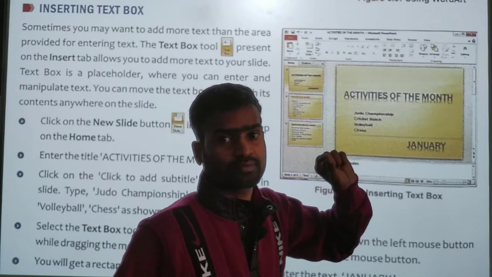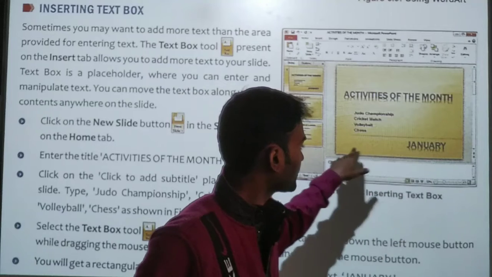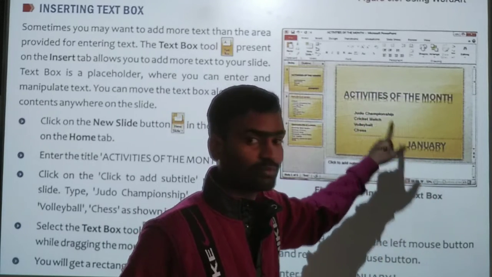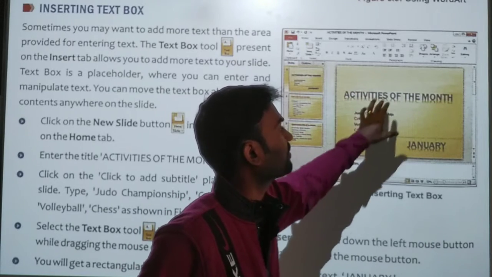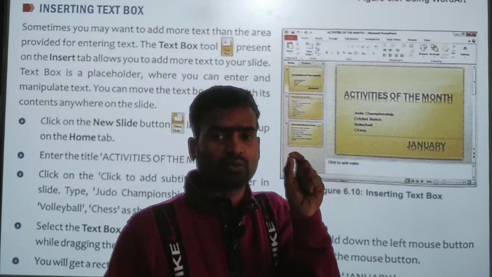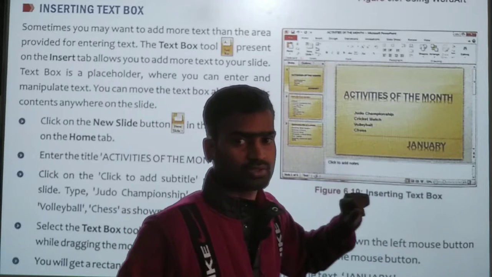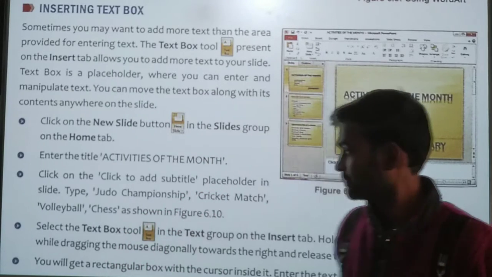So according to our thinking, we have to insert a text box. When we insert a text box, we can type here, here, anywhere in the corner, and along with the text, we can move. Whereas with the placeholder, when we move, the entire content will be moved. So if we need multiple very small letters, one word, one line, for those we can use a text box, right?